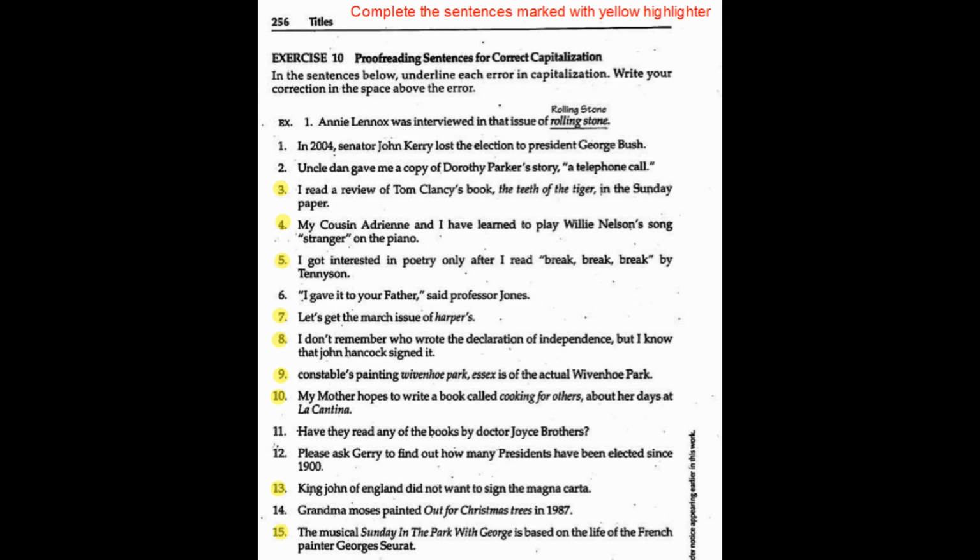capitalized, and then when you get to number 15, it's a little bit odd because in that one there are actually words that should not have been capitalized, and we'll take a special look at that one when you check your answers. So right now, pause the video, do the numbers, and when you finish, turn the video back on and we'll check your answers.